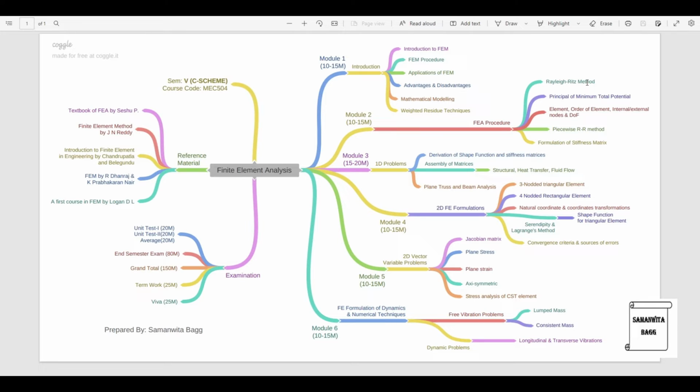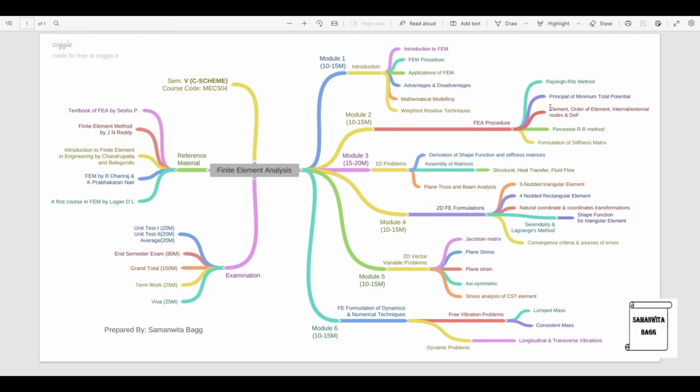So it is preferable that if it is not asked in the question, that you solve by using one parameter method only. But if you wish to, or it is asked in the exam, then you may have to use two parameter method. You can check out the video of RR method to know what is one parameter and what is two parameter method. Next comes the principle of minimum potential energy. You can expect either a numerical on this topic or maybe a theory question. So this could be a 5-mark theory question here.